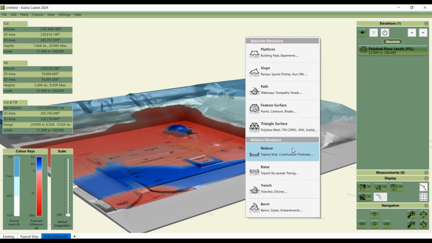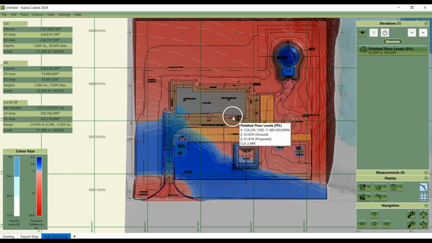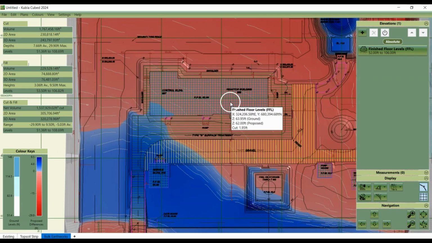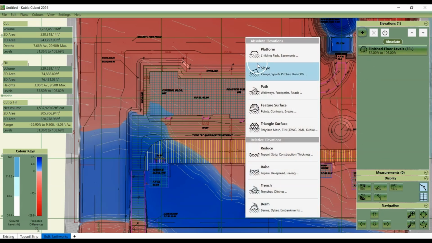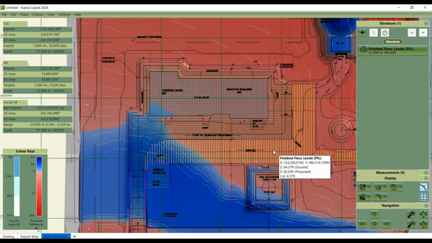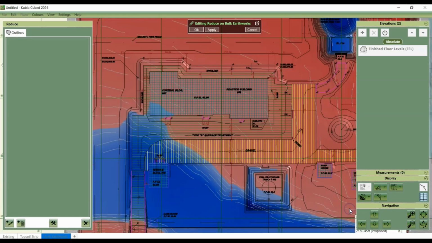For example, if your plan includes specific building footprints or other surfaces, use the reduce element to define these areas. You can see on this plan we have the building set to 1 adjustment, and then we've got a B surface and gravel. So I'll add a reduce element. And since we're importing from CAD and not tracing, we can just press escape or the cross first, and then select the add from file option.